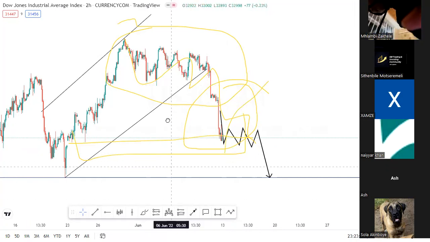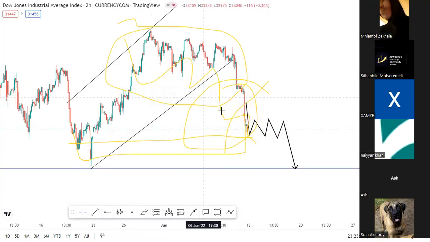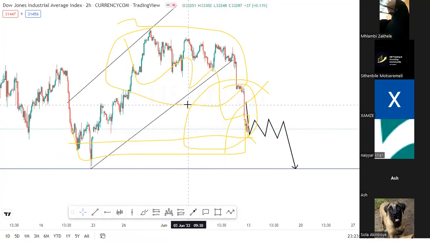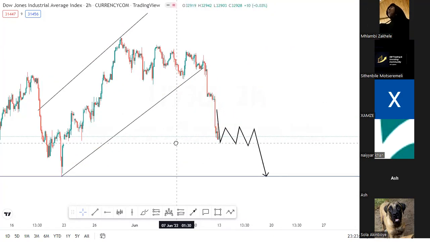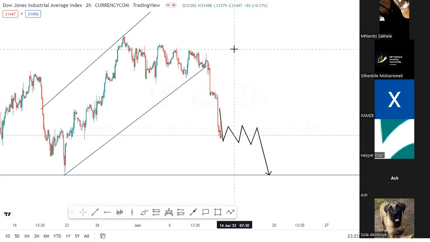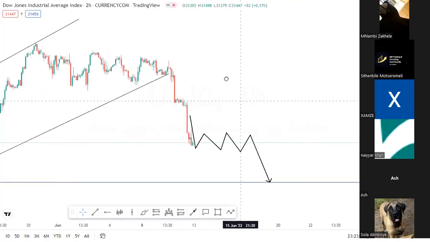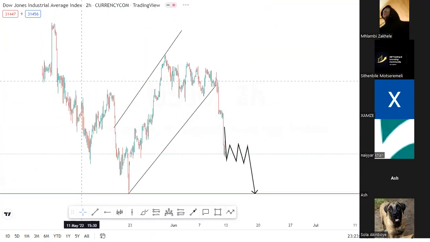Can you please zoom out a little bit? Are you the one who drew this? Yeah, I'll erase it. Wait, sorry. Okay. Can we zoom out a little bit, bro? Okay, zoom out. Like this. Yeah, fine.